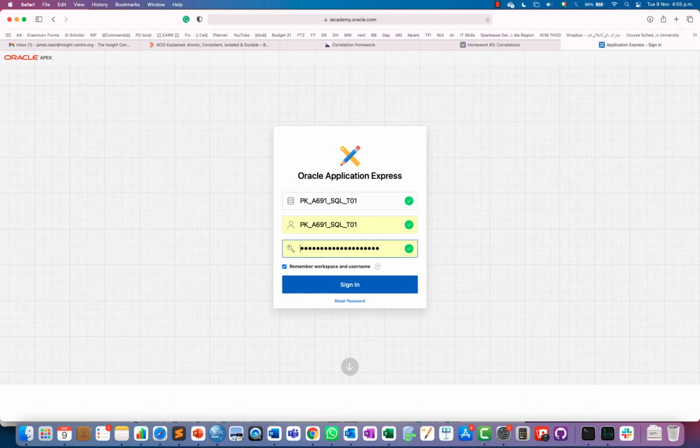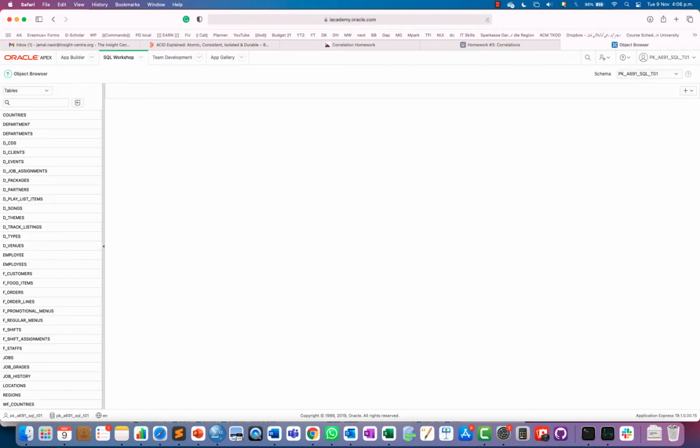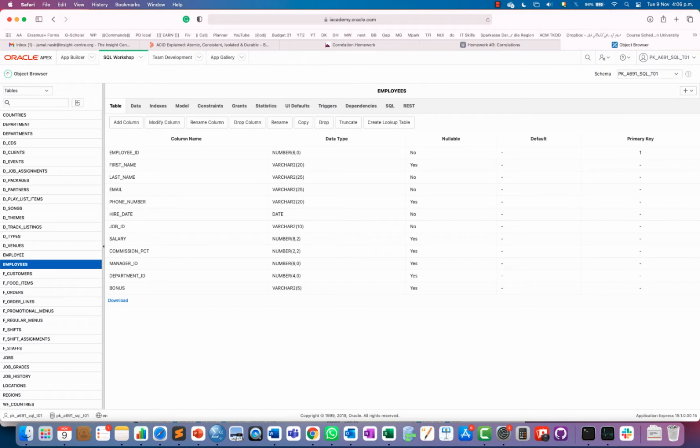Whenever you have any issue, you can email me and I will try to solve that problem within a few hours, or a maximum of 1 day. So we can log in, and then remember we have imported data. You can also create different tables and populate data, and then through SQL we can get data, right? So we can start from the employees table. You can see this is a schema.